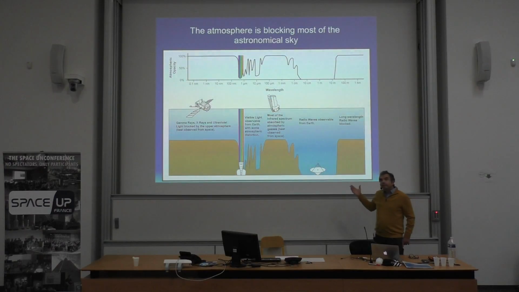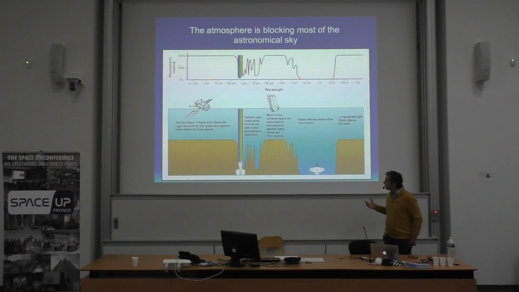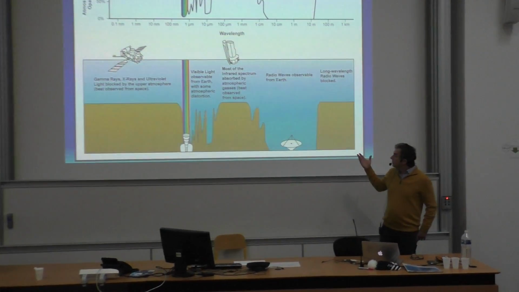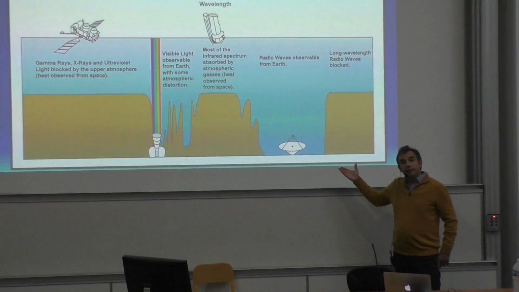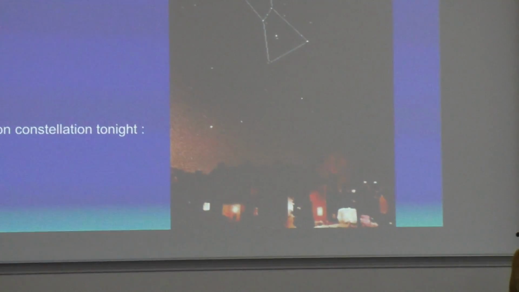So there is a problem with the opacity, and not only the opacity, the atmosphere is really a problem because it is distorting the light coming from space, and this light from space is very tiny. You know that we want to observe very far objects, and so the light is tiny and difficult to observe. And all the light that the atmosphere will emit, the natural light from the Earth, is our problem. So, to go a bit further,